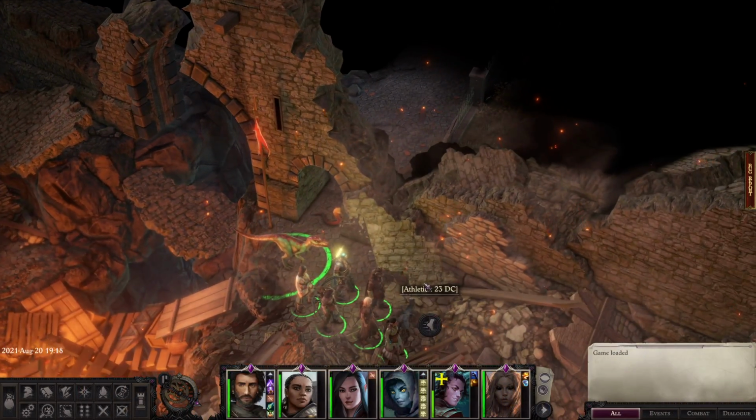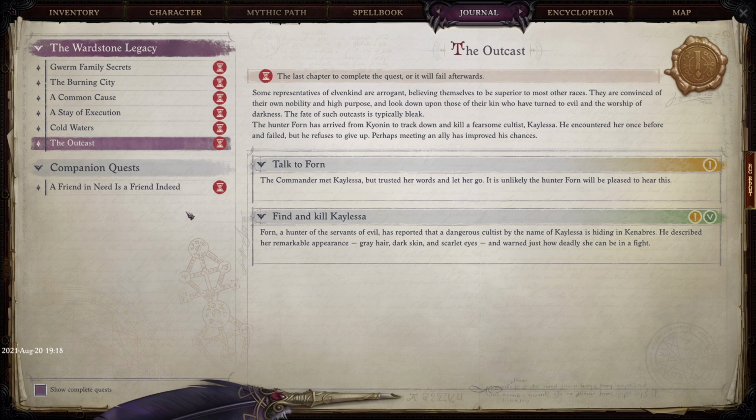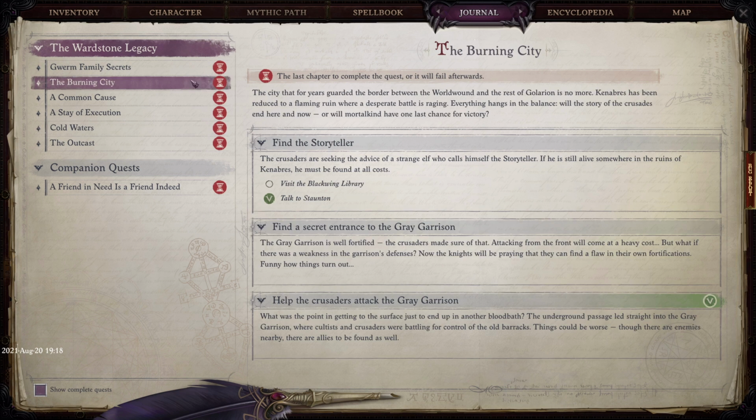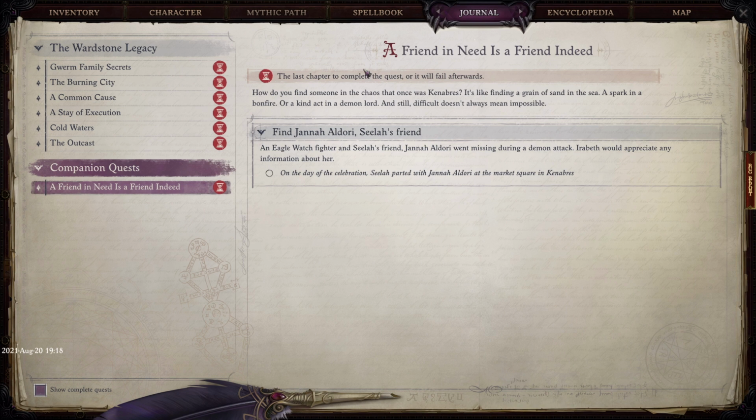There are things that are timed in this game, however, for starters, they're very clearly telegraphed. In your journal, it will show you red hourglasses next to the quests that have to be completed by the end of that chapter. There's no time limit to doing them normally outside of doing them before you finish that chapter of the game. Moreover, oftentimes when you hit the point of no return, so to speak, for a chapter, the game will often very